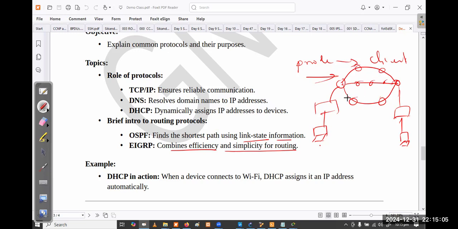Out of these three paths, it has to select one best path. The best path, and maybe a second best route, and if something happens to the best route, what is going to happen next. All those things can be discussed in the routing protocol section. Later we'll discuss those things. We'll also discuss load balancing. There are a lot of things to discuss.